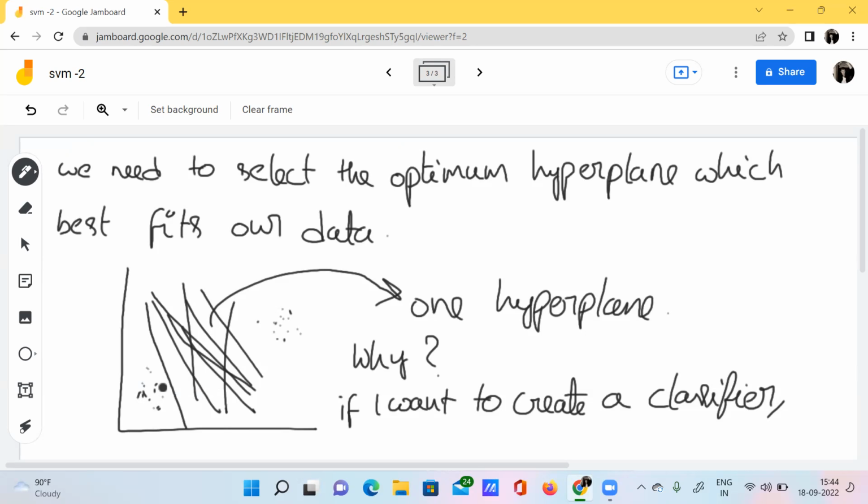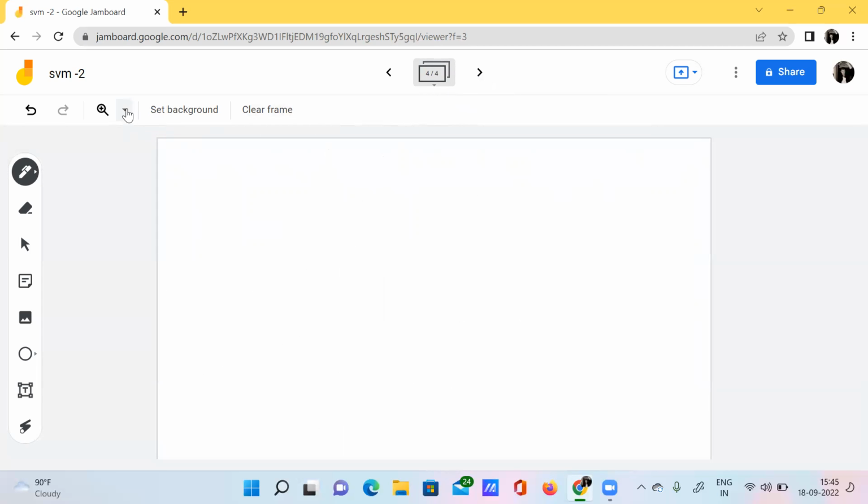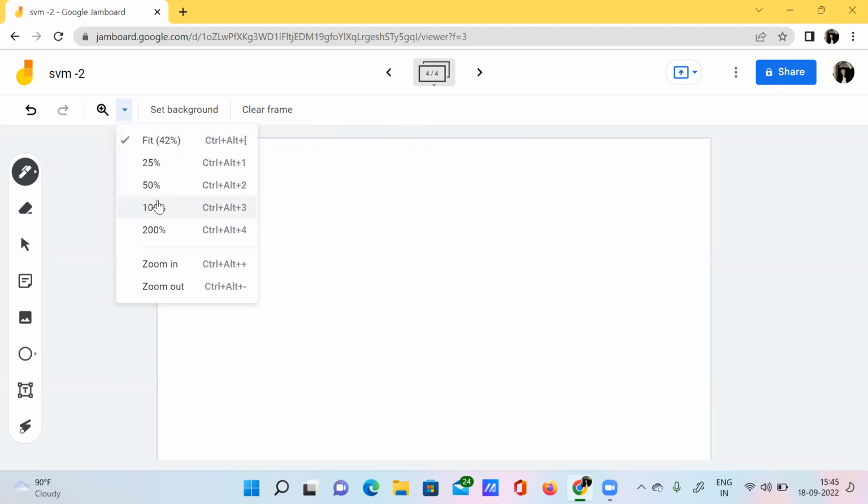Because most of the data points are lying very close to this particular hyperplane, but these data points are far from this hyperplane. So this is not the best possible way. Our hyperplane should satisfy both sets of data points, right? Then only we can call it the best optimum hyperplane. Okay, so I'll explain.